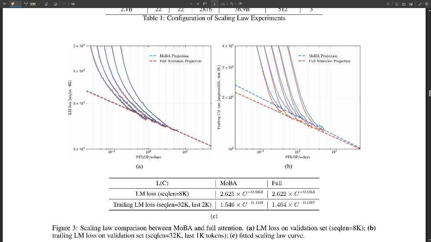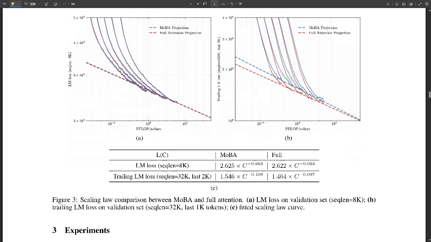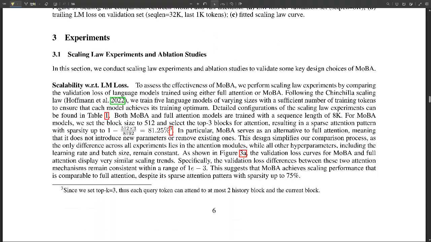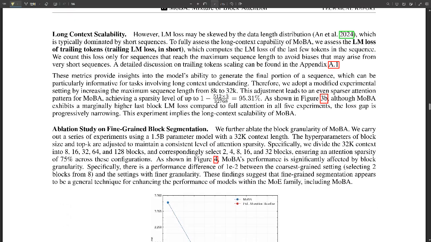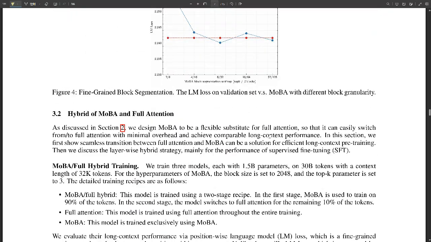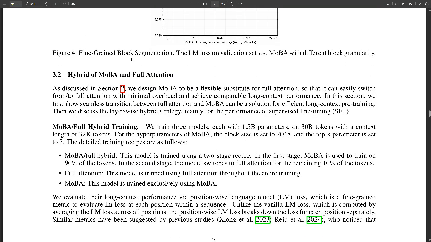Exactly. But the research highlights how MoBA was successfully deployed in a real-world LLM, called Kimi Chat, to handle those long context requests. So MoBA is already out there. Yes. That's incredible, but the researchers didn't stop there. They also put MoBA through its paces on various long context benchmarks. What were the results? They evaluated it on benchmarks like Longbench and Ruler, and the findings were compelling. It sounds like MoBA is shaping up to be a real contender.